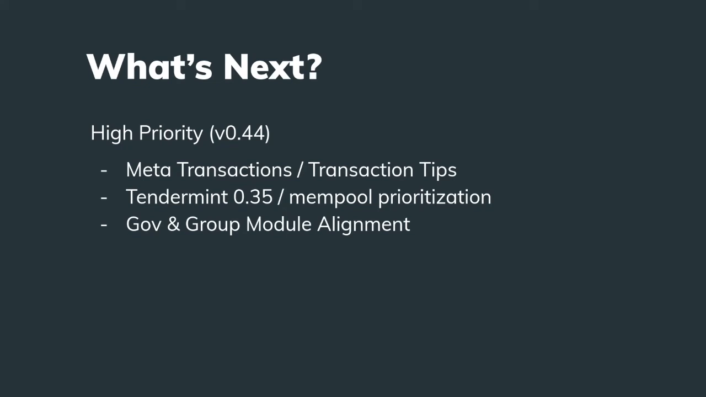Tendermint 0.35 will include other breaking changes as well that will need to be addressed within the Cosmos SDK in order to upgrade to v0.35. So those are the two high priority items in order to support the Hub. In addition to that, we're looking at some Gov and group module alignment,